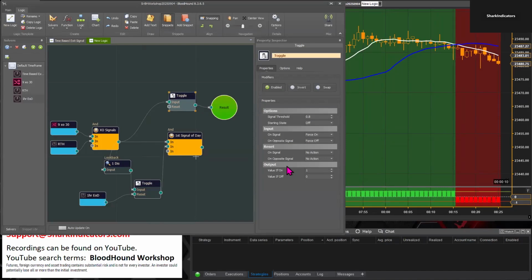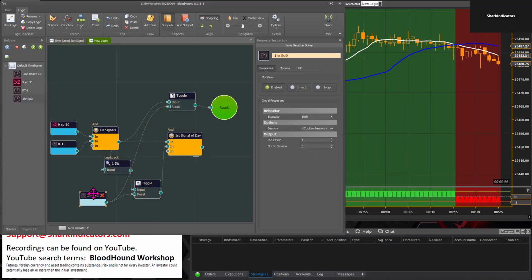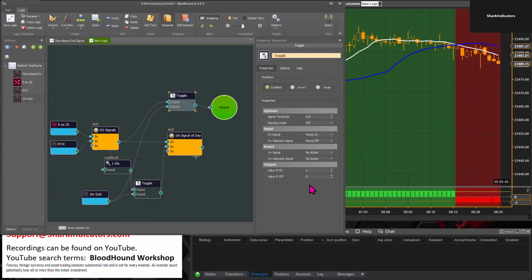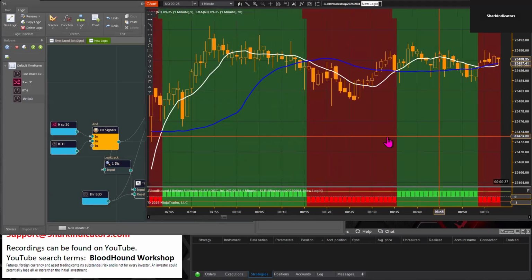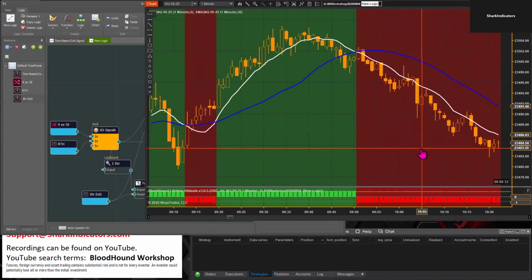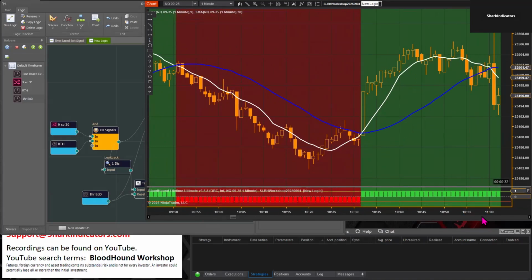Let's see here. Now, I'm going to use my end of day little timer node here, connect it into the reset here, and then on the reset, I'll set both of these to force off here. All right. So when we get to the end of the day, and